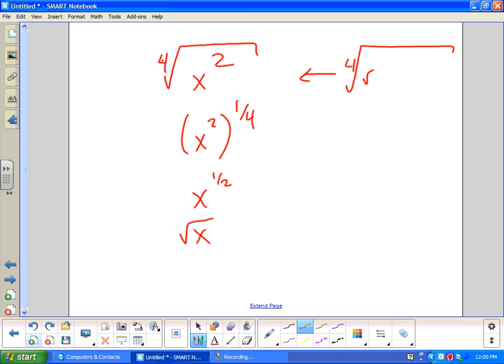If I write square root of x times square root of x times square root of x times square root of x in here, is this x squared? Square root of x times square root of x is x. Square root of x times square root of x is